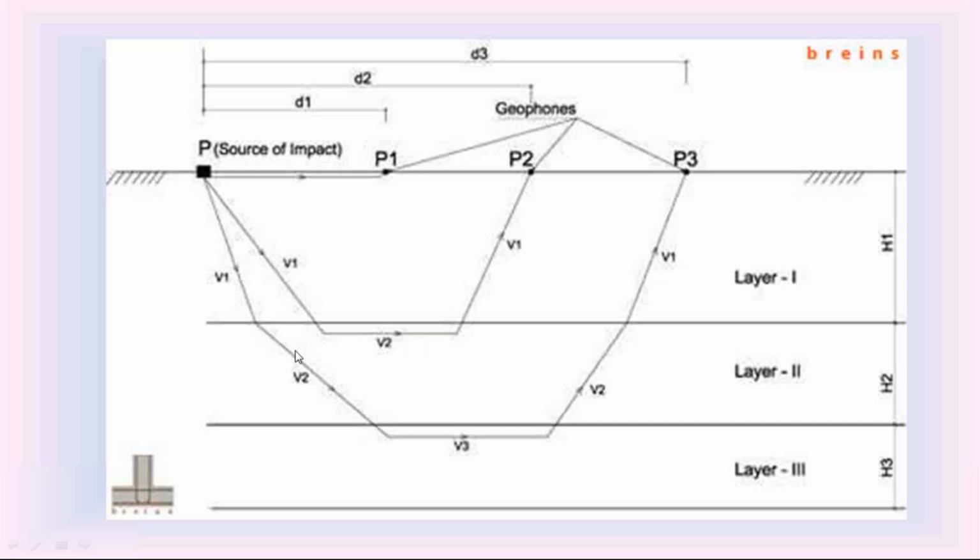Then observe this another shock wave. In the first soil layer, the velocity is v1. When it enters the second soil layer, the velocity is v2. When it enters the third soil layer, the velocity is v3. As we discussed just now, this shock wave at the interface is subjected to reflection as well as refraction. At this interface, the shock wave is subjected to reflection, and it enters the second soil layer by refraction.